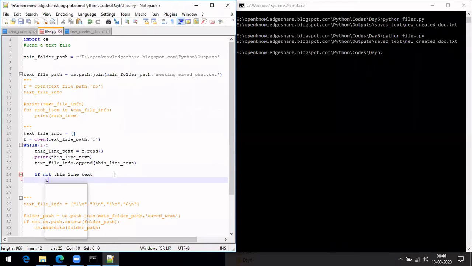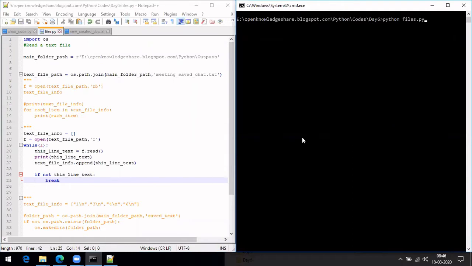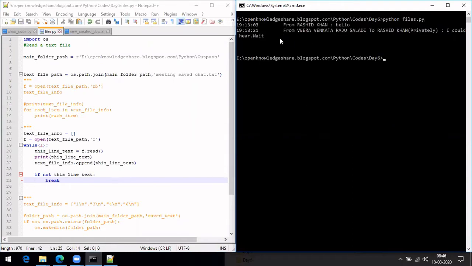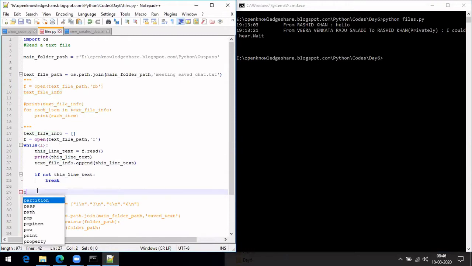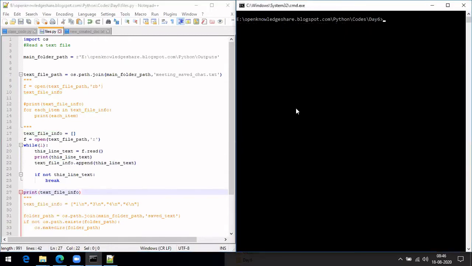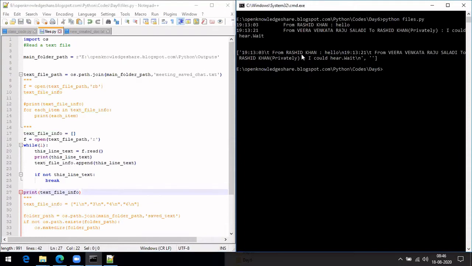Let me show you if this works, then I'll explain what exactly it is. So it is fine. Yeah, if you see, it did not get stuck in an infinite loop, and it has broken out, right? Let me also print the final output list at the end. See, it has printed well and it has stored.